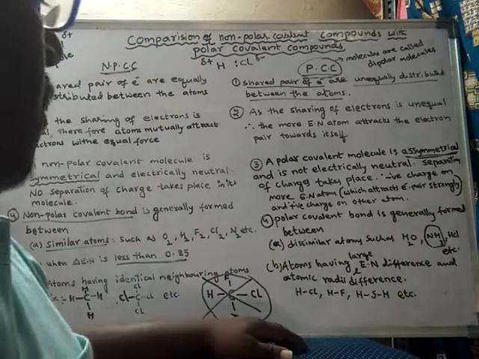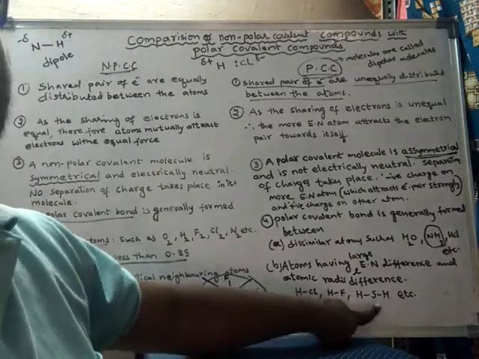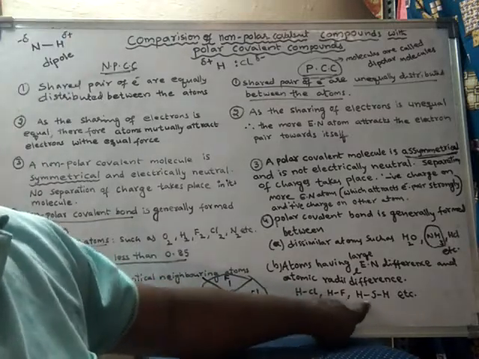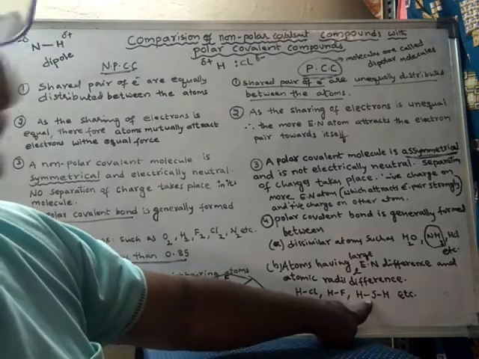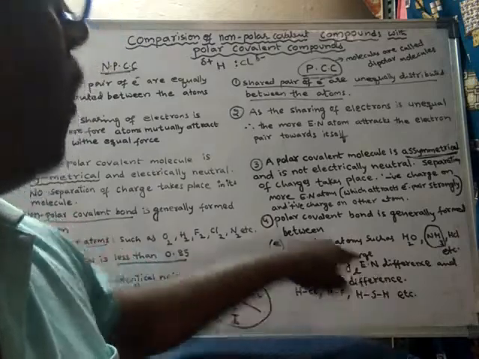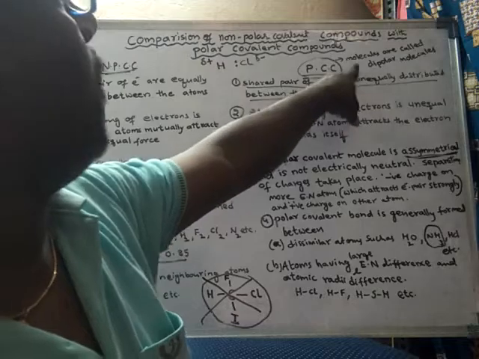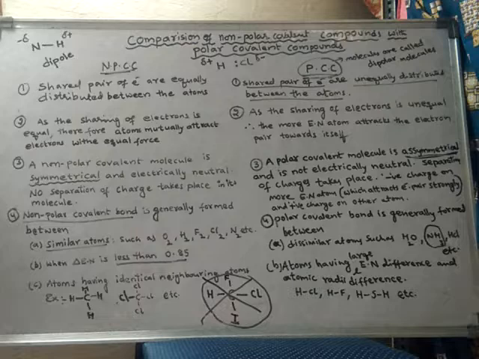Like this, HCl, HF, H2S, between hydrogen and sulfur also, you will find this bond is said to be a dipole. Hence the molecule is said to be a dipolar molecule. So all polar covalent compounds, the molecules are called dipolar molecules. So like this, the difference between the non-polar covalent compounds and polar covalent compounds can be learned.